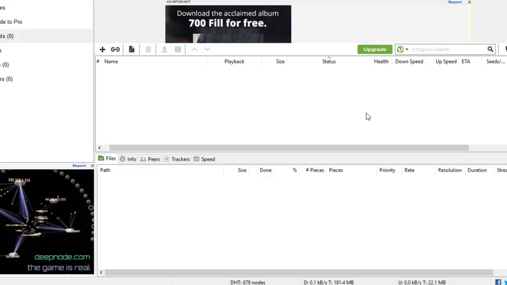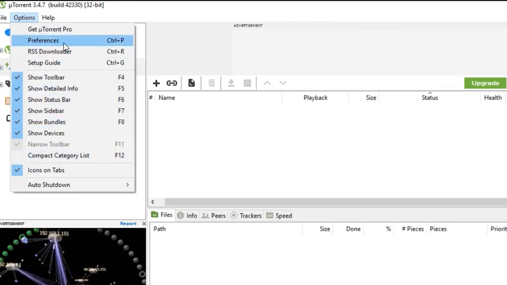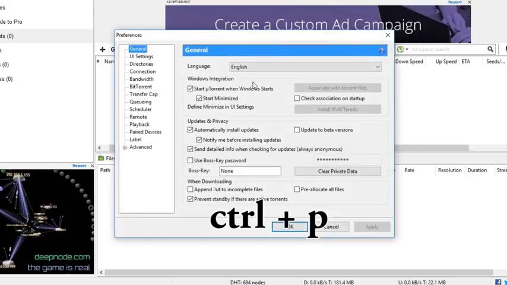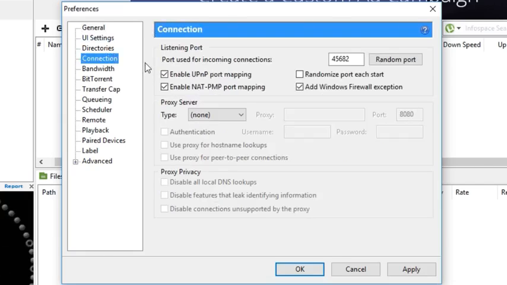So first of all, go on to options and you'll find something called preferences, or you can just press Ctrl+P. First of all, in the general tab, check the box for check association on startup, then move on to connection and change